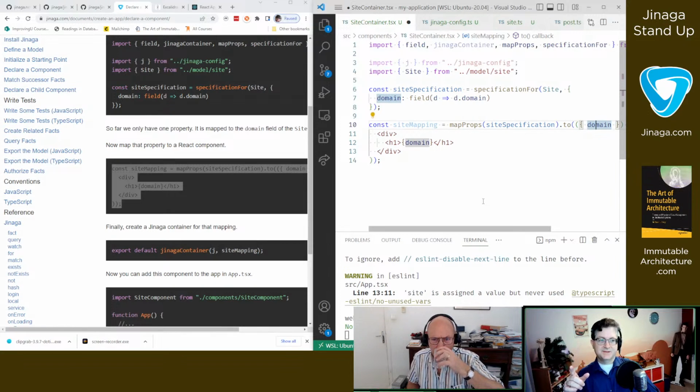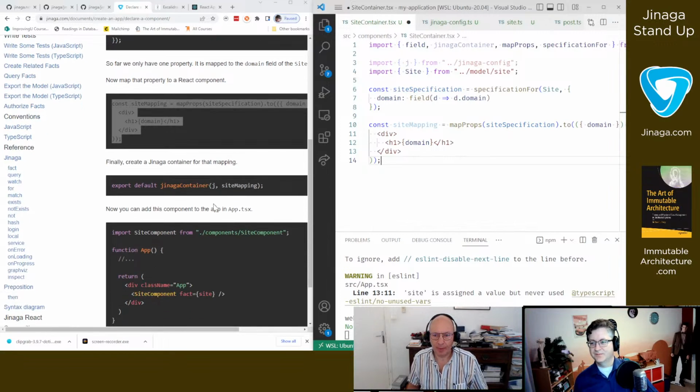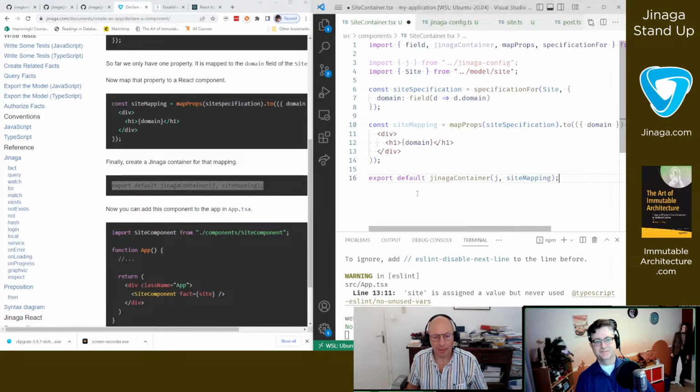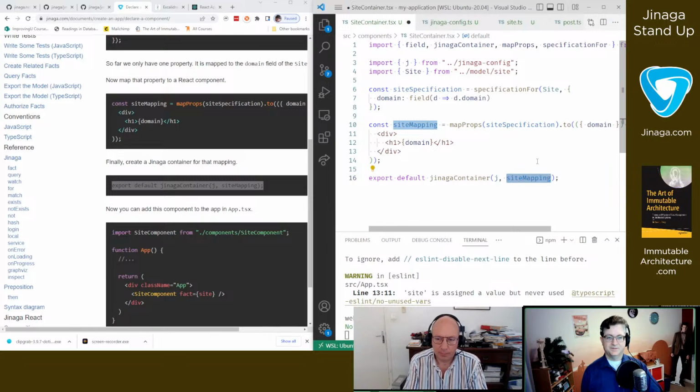And the nice thing is that type inference even works if you are just using JavaScript here. The fact that there's TypeScript behind it is still helping you. So that's pretty nice. And then finally, we want to create a container around that mapping. That takes your mapping of this specification to the component that just displays an h1 with that domain name, and turns that into a container component, and it's just doing a default export from site container,